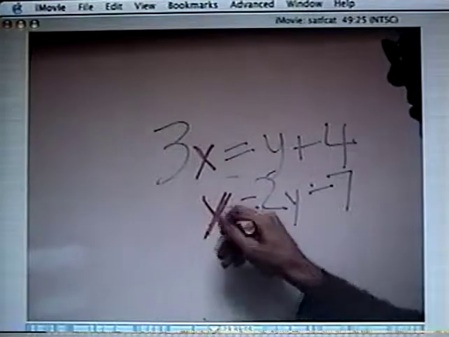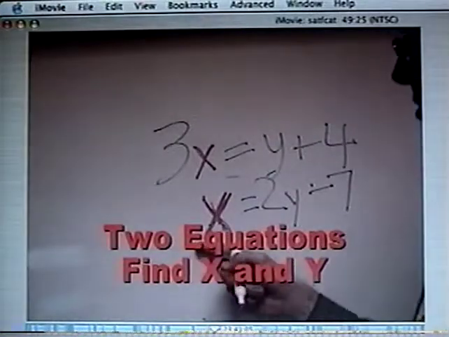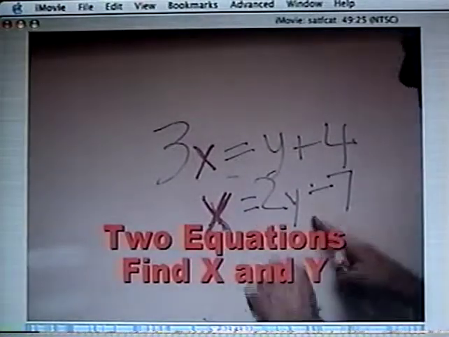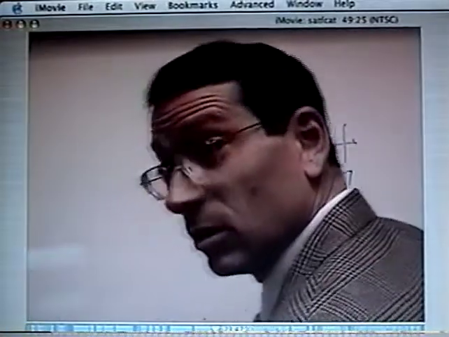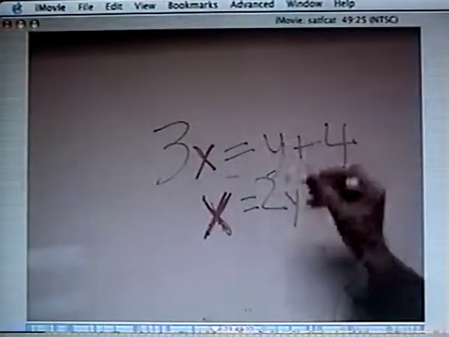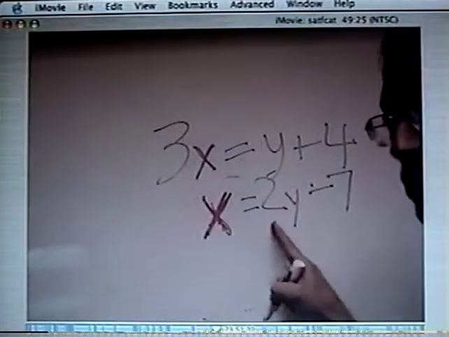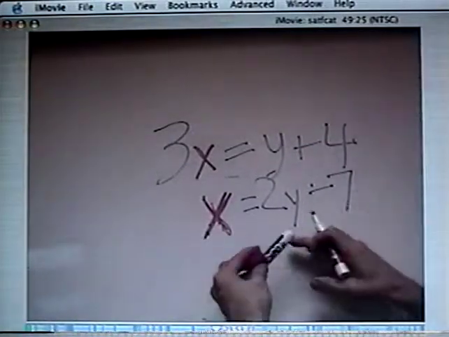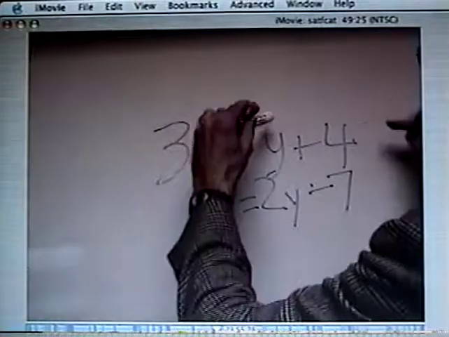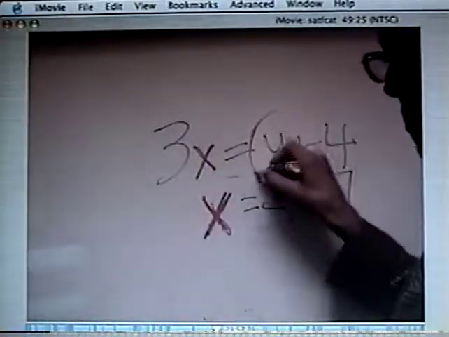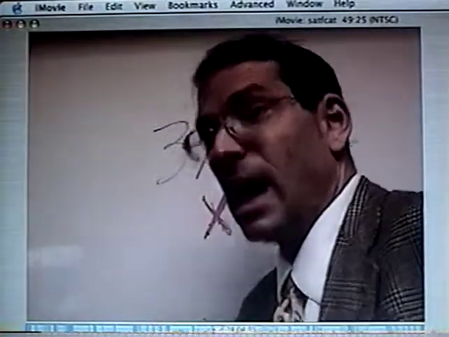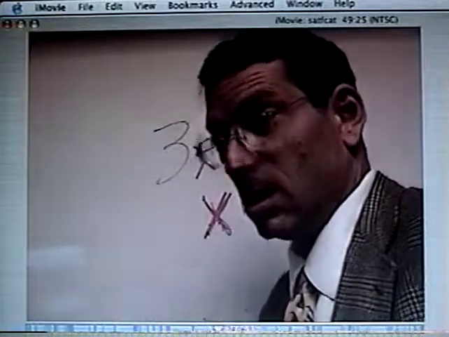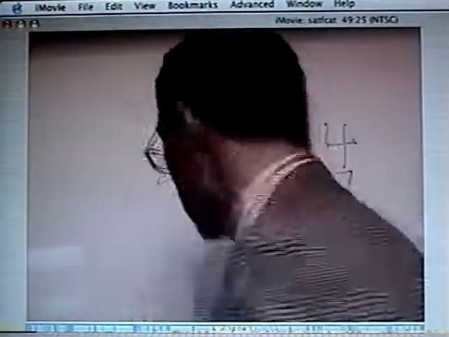What would I have to do to make the y's disappear? Because right here I see y, and this is 2y. So if I could make these y's sort of doubled up, right? If I double everything and then subtract, I'll be able to get rid of those y's. So